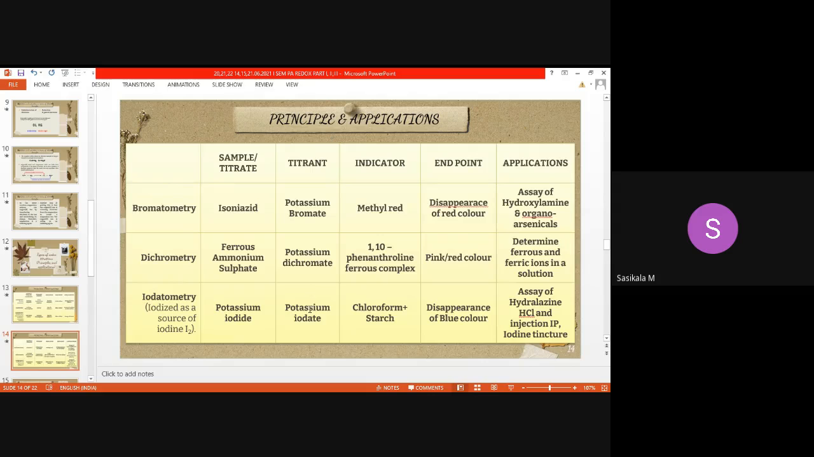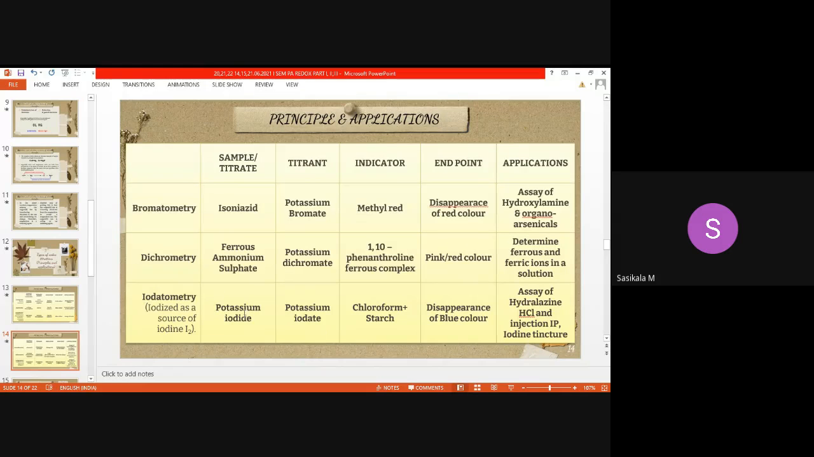Here the titrant used is a known concentration of potassium iodate. Potassium iodate is the reducing agent. Here potassium bromate and iodates are the oxidizing agents, and they will be reduced by means of potassium iodide to liberate iodine. Iodine will again be an oxidizing agent, and that will give a blue color with starch. So the liberated iodine from potassium iodide during the reaction will interact with the starch and it will show the